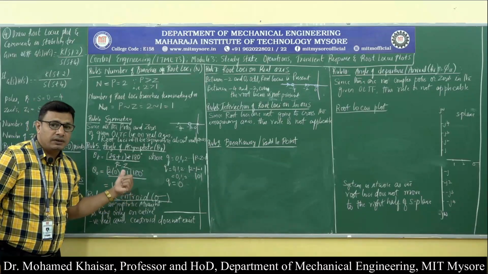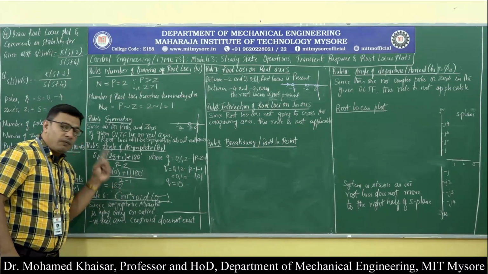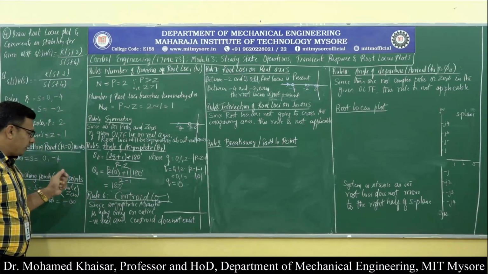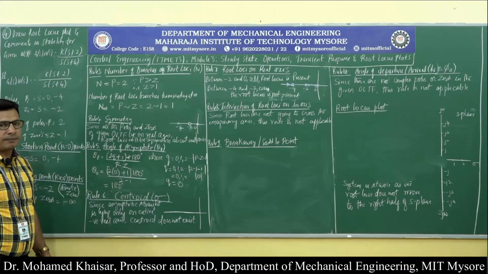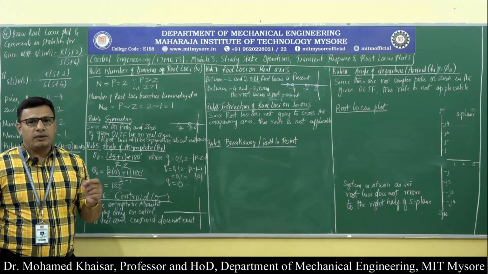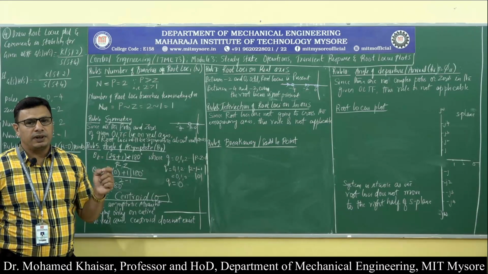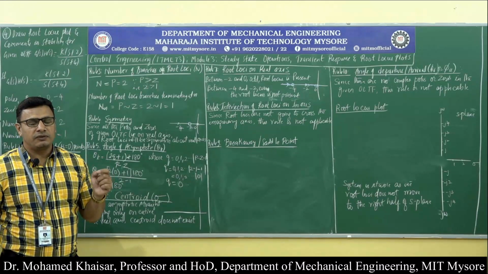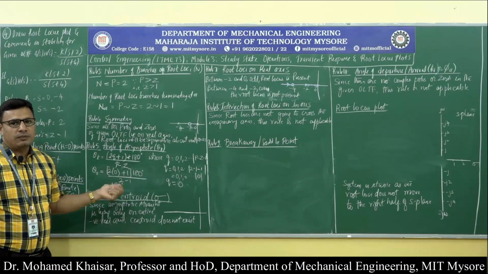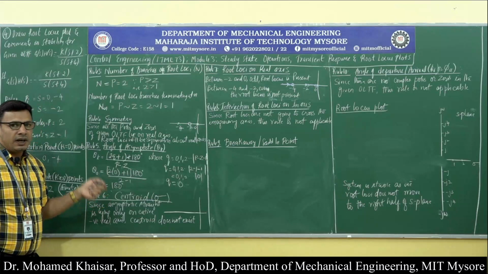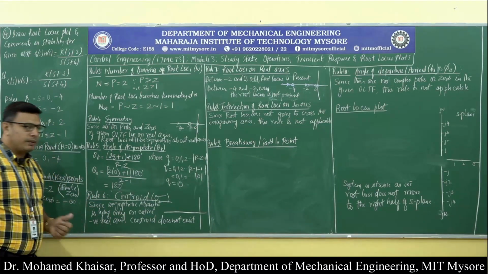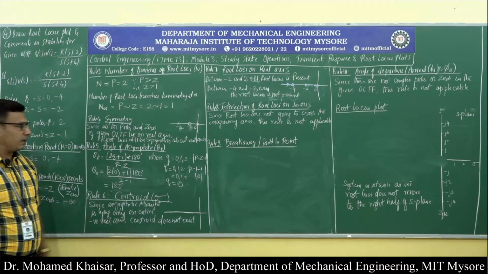And since this is only one asymptotic straight line, that too along 180 degrees, the centroid will not be existing. Why? Because as we know the definition of centroid is a point on the real axis from where the asymptotic straight lines will emerge at various angles. And here there is not more than one asymptotic straight line, and that is also lying along 180 degrees, because of which the centroid will not be existing. So rule number 6 does not apply.